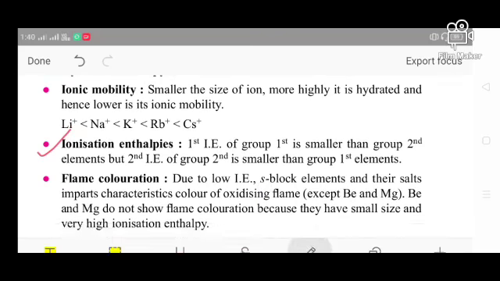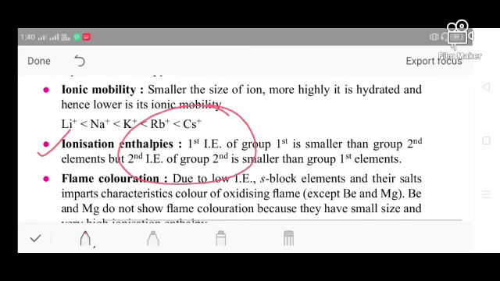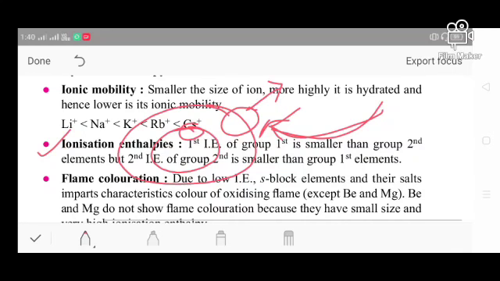Suppose you think, here I have drawn an atom. You think this is an electron, and this is another shell, and this is another electron. The first ionization energy is the energy required to extract the electron from its outermost shell. This is known as the ionization enthalpy. Whenever we apply the first force and the first electron is extracted from its outermost orbit, we can say it is the first ionization energy.